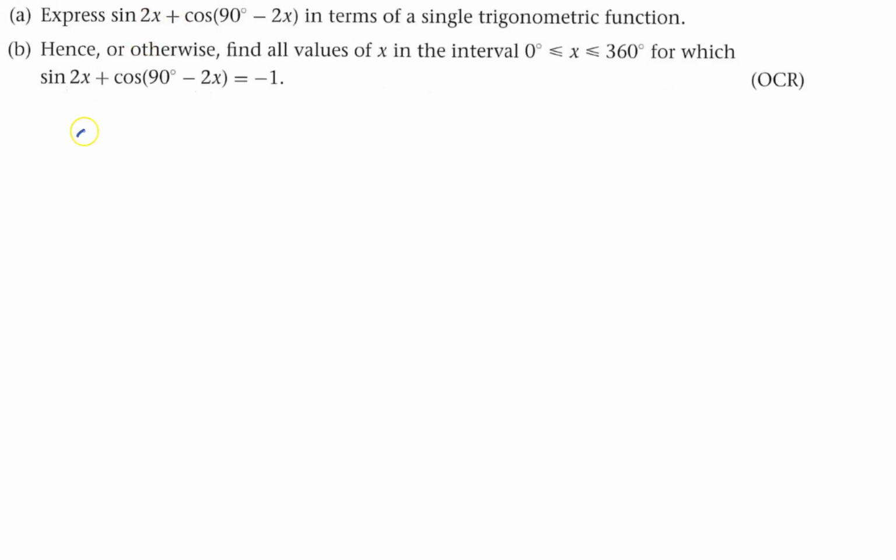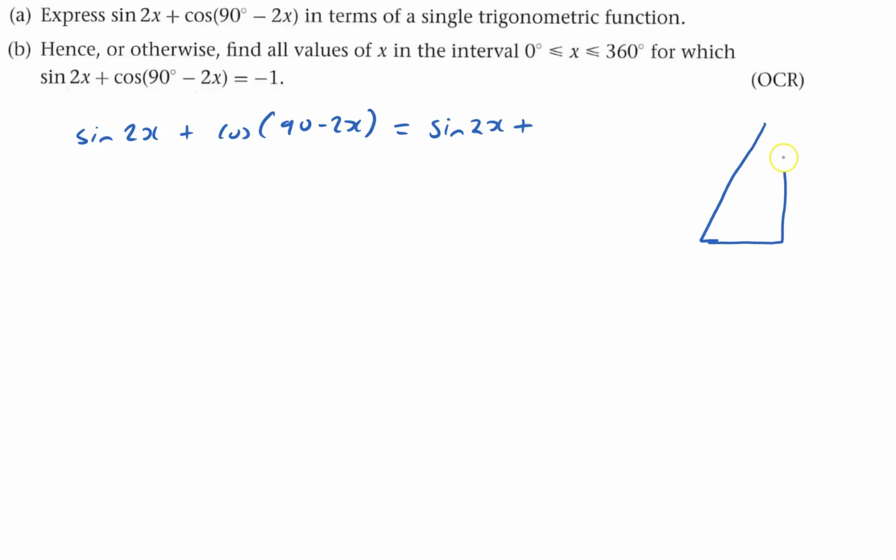Okay, so we've got sine 2x plus cos of 90 minus 2x, and we've got to express it in a single trig function. Well, sine 2x is obviously sine 2x, and plus, and this bit here, I'll just hopefully show it here,